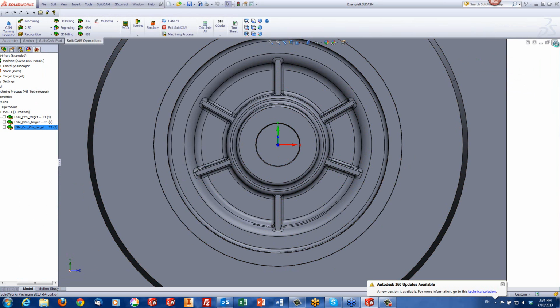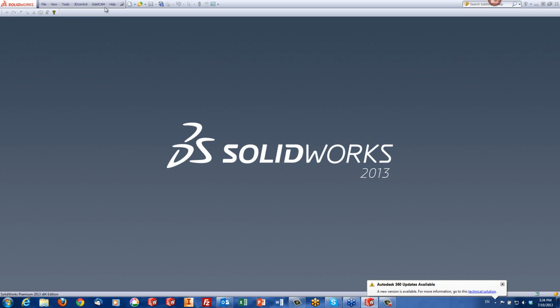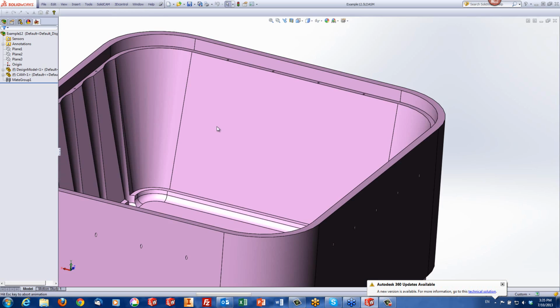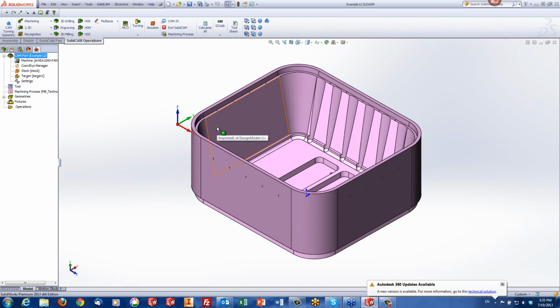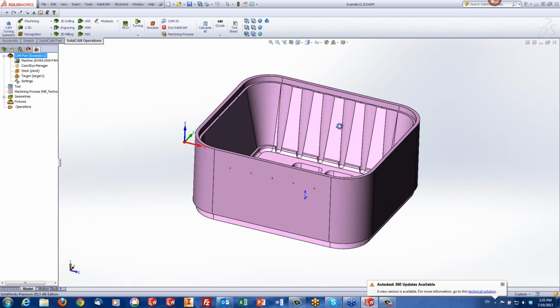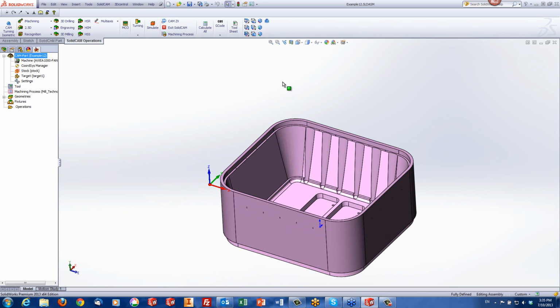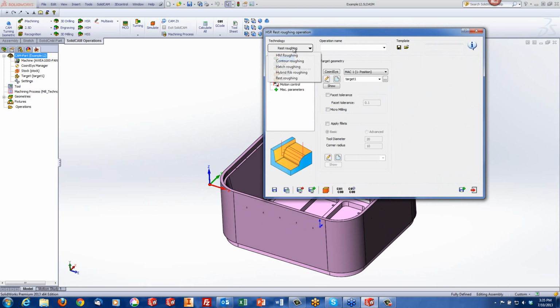let's load one last part. The part that I'd like to load actually looks like a very simple part, but well, let's take a look at what's going on here. Honestly, it really is a simple part. What I'd like to do is mill out this pocket that's inside over there. And I'd like to use actually first a very shortly held tool in my operation of roughing. So we'll start off with HSR,